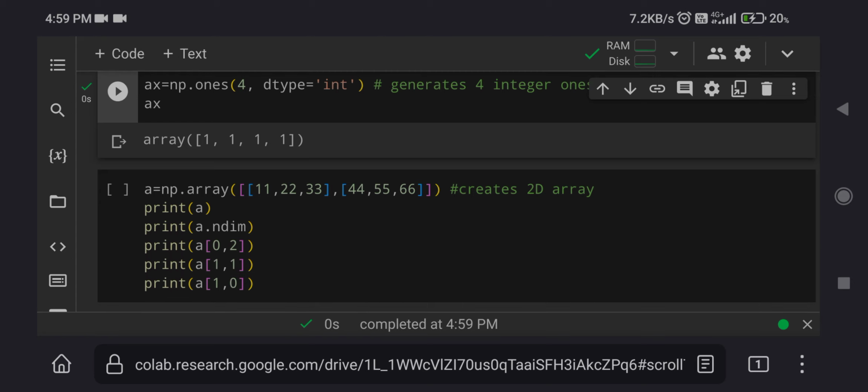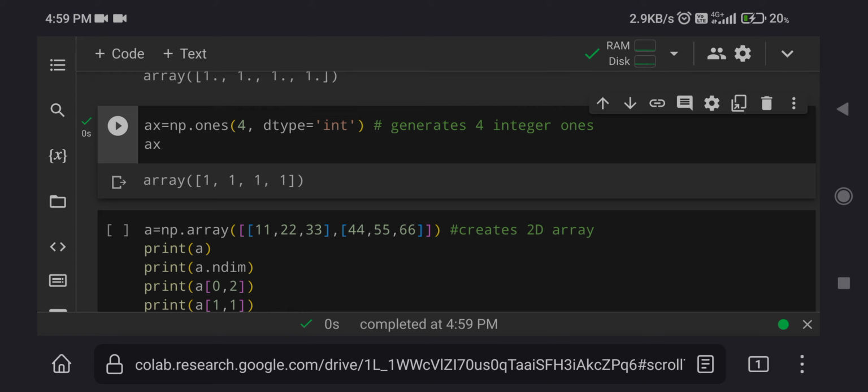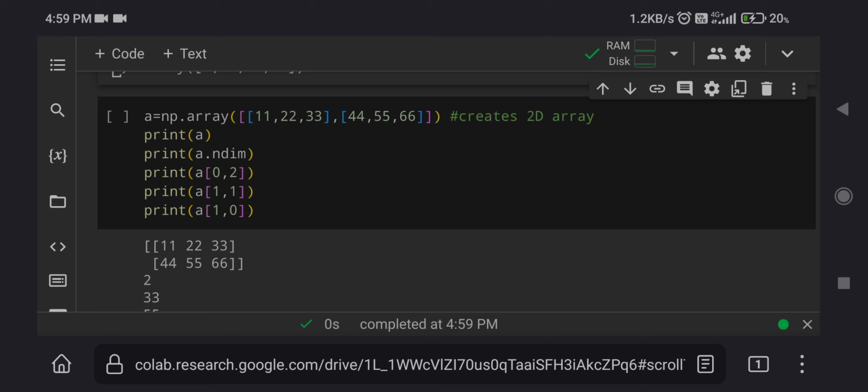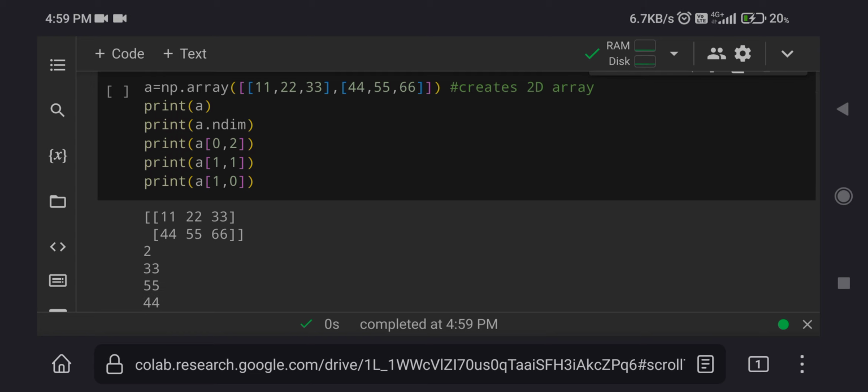Now let us create a 2D array. You can see if we use two brackets, it will create a 2D or two dimensional array. So we have created this two dimensional array. Now if we want to print any element, we can print using this command, print a bracket 0 comma 2.